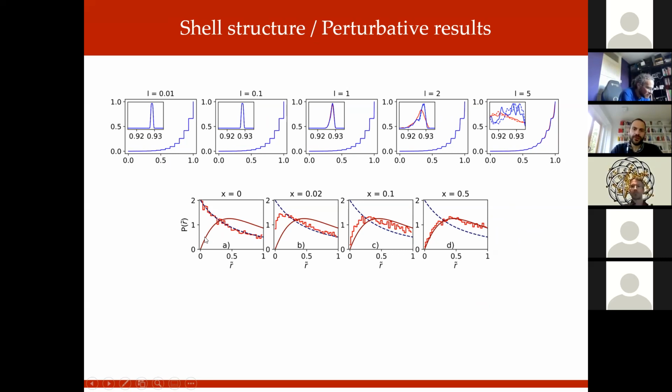And this is what happens when we look at a single cell and check the distribution of R tilde for varying values of the mixing parameter X. So you see that even in a single cell, we still see the transition from Poisson to GOE type of statistics. I should also say that the sample size here, as you can see from the statistical fluctuations, is